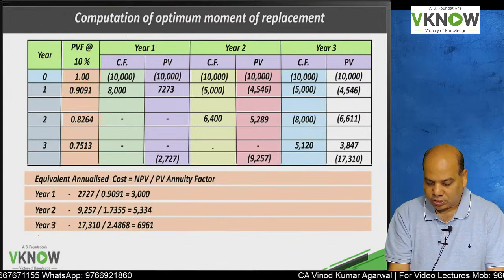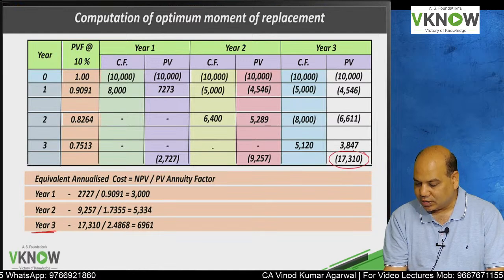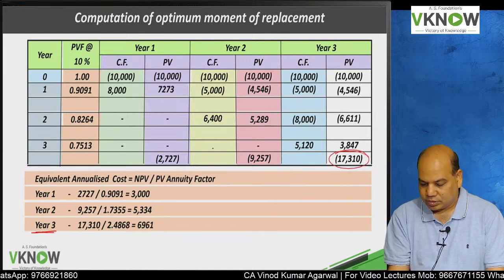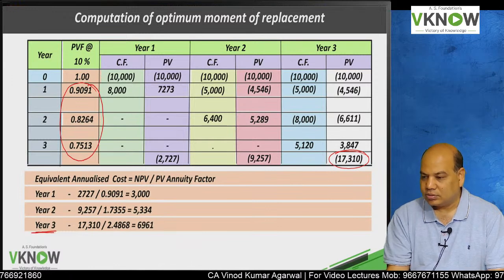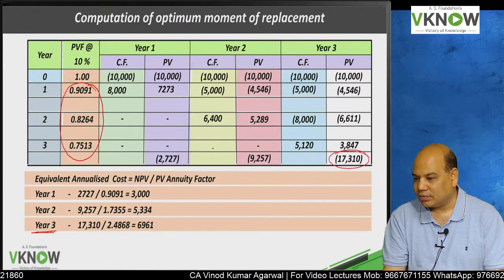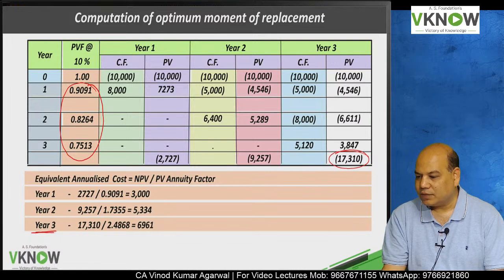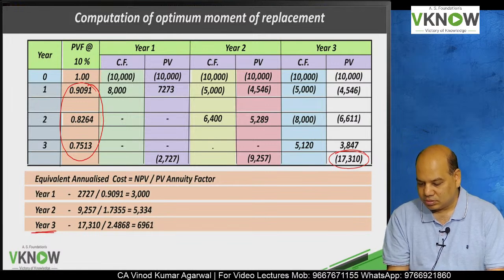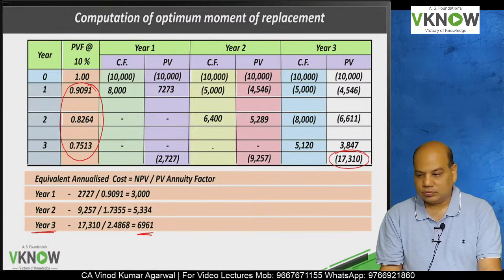Then we go to year 3. 17,310 divided by the annuity factor. Add these three numbers or take it on your calculator: 2.4868, the annuity factor for 3 years. You are getting 6961. Now understand,